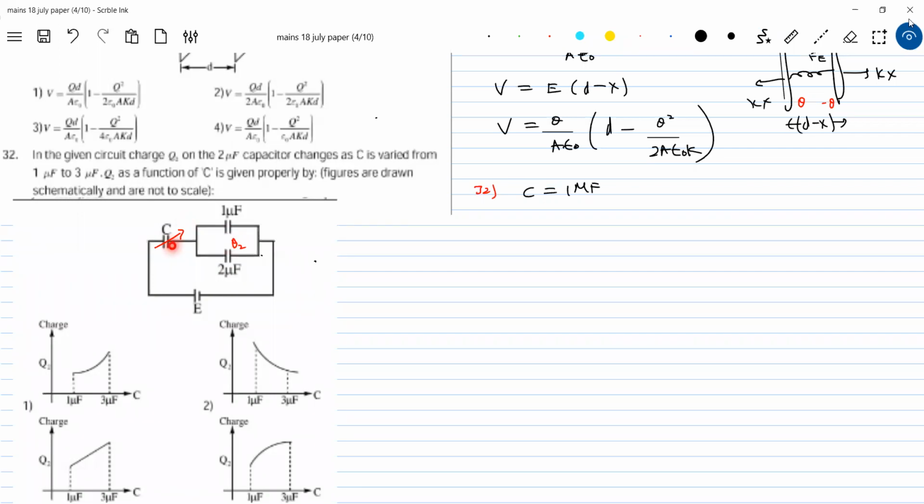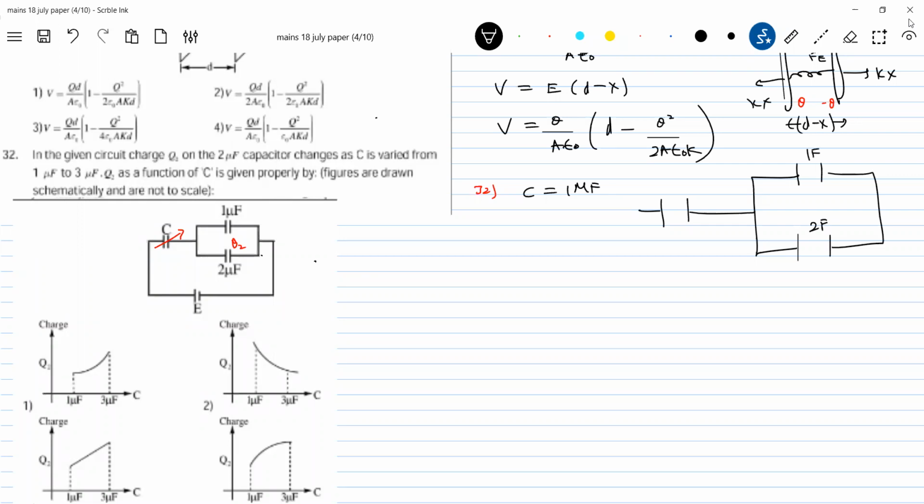So what will the charge in this capacitor be? I think I have to draw a diagram. I'll just make this 2 farad. So this is 1 farad. Let the charge here be Q, minus Q. Let this charge be Q2, minus Q2, Q1, minus Q1. So calculate the value of Q. To make the problem very simple, assume E equal to 1 volt. So that'll be very easy for you.